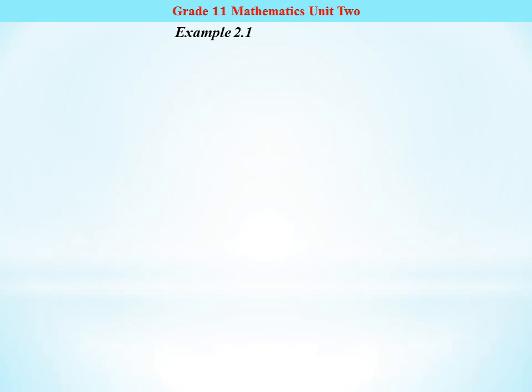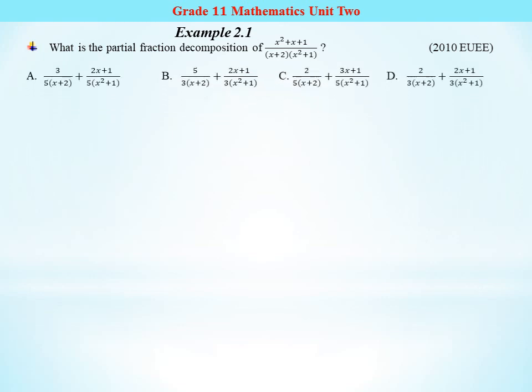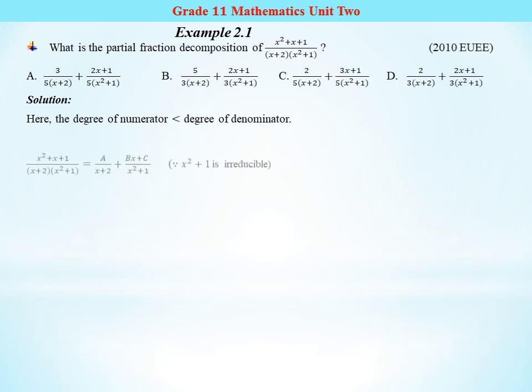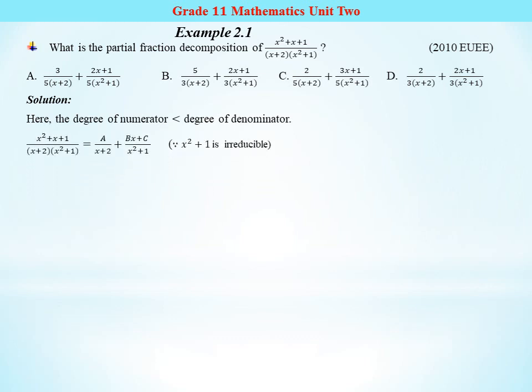እስካሁን ካየነው በዚህ ምዕራፍ በተደጋጋሚ ከሚጠየቁ የ12ኛ ክፍል ኢንትራንስ ጥያቄዎች መካከል ለምሳሌ በ2010 የመጣውን ጥያቄ ብናይ what is the partial fraction decomposition of x square plus x plus 1 over x plus 2 times x square plus 1 እንግዲህ ይህን ጥያቄ ለመስራት ከኋላ ባየነው ቴብል መሰረት በቀላሉ መስራት እንችላለን። ከዚህ ላይ the degree of numerator less than the degree of denominator የላሉ ዲግሪ ከታህቱ ዲግሪ ያንሳል። ስለዚህ ሎንግ ዲቪዥን አይጠበቅብንም መፈለግ ማለት ነው።